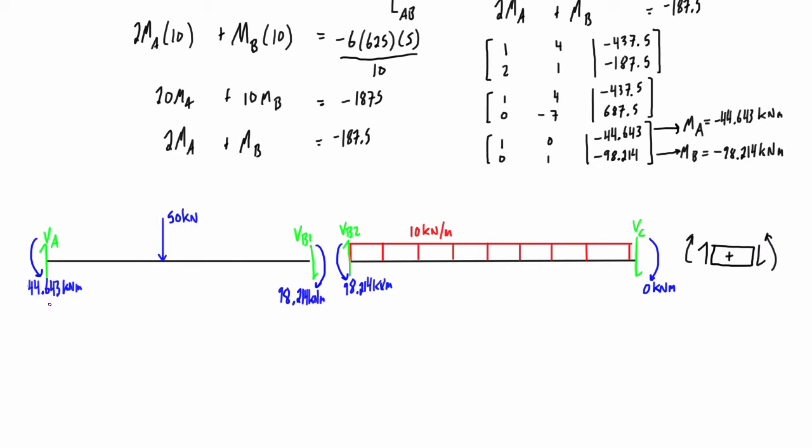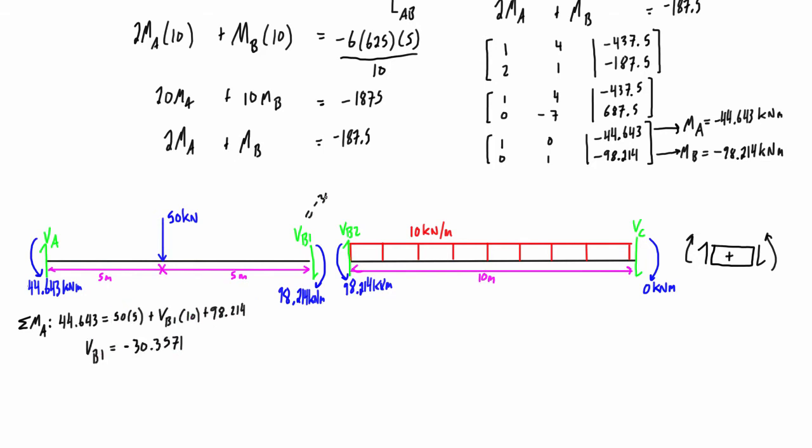So to get those, first we take the sum of moments about some point for one of these free body diagrams. So for span AB, let's do the sum of moments about point A, and we're going to get that VB1 is equal to negative 30.3571 kilonewtons. And that negative sign indicates that it is actually pointing in the opposite direction, so pointing up, and like I said, that would indicate that this is an actual negative shear when we draw it on the shear force diagram. So if this is actually 30 kilonewtons going up and this is 50 going down, then with those decimal places as well, VA for the sum of forces in the y direction has to be positive